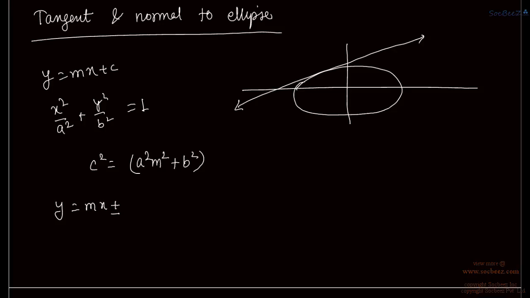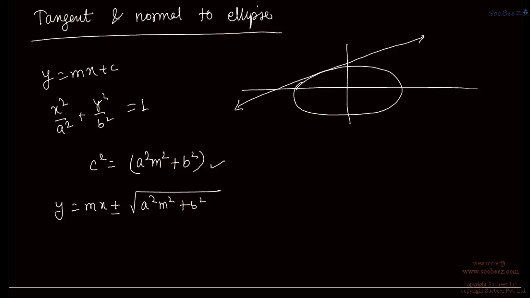So we can write the equation of tangent as y is equal to mx plus minus square root of a square m square plus b square. This is derived in the same fashion by putting y equal to mx plus c in the equation of ellipse. We will get a quadratic equation, and the roots of the quadratic equation must be real and equal, so that